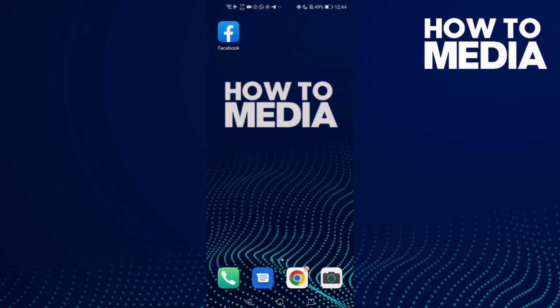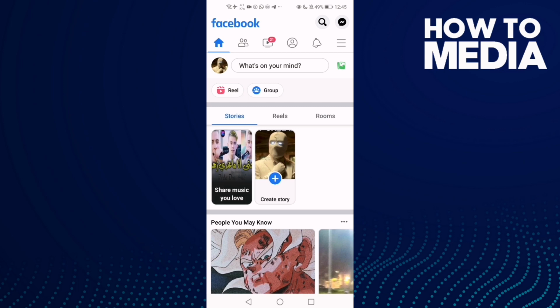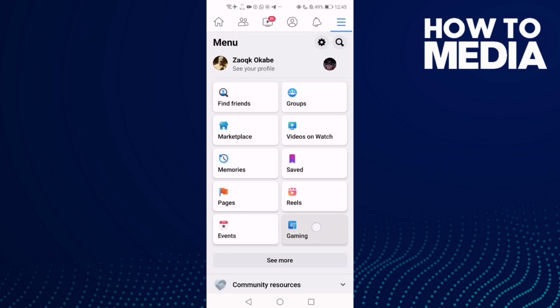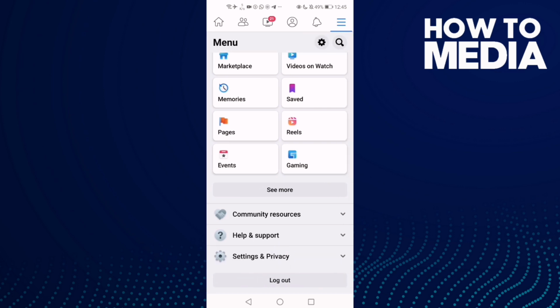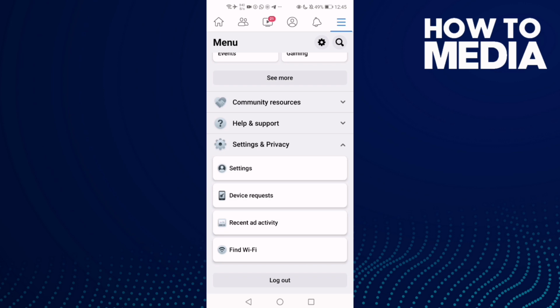First thing you're gonna do is go to Facebook and then click these three lines here in the top corner and go down until you find settings and privacy. Click on it and then click settings,